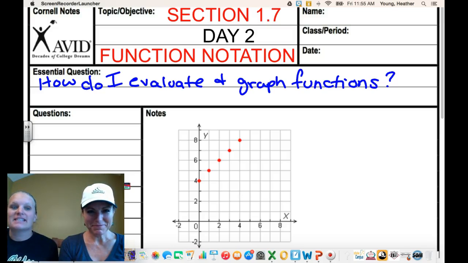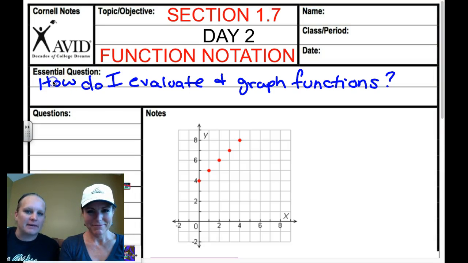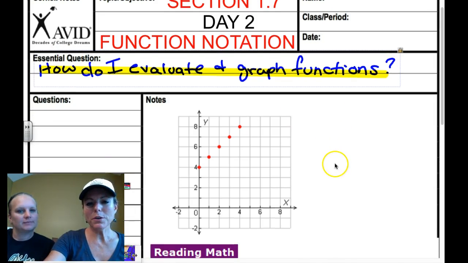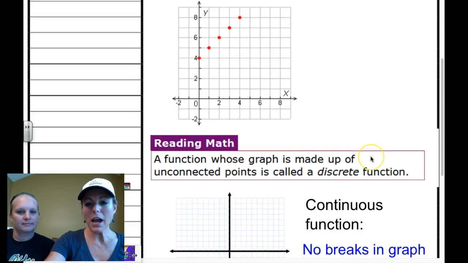All right, so today is day 2 of the lesson we were doing, and the essential question is: how do I evaluate and graph functions this time? So how do I evaluate and graph functions? Write that down, please. Before we get into the lesson, we're going to talk about what we mean